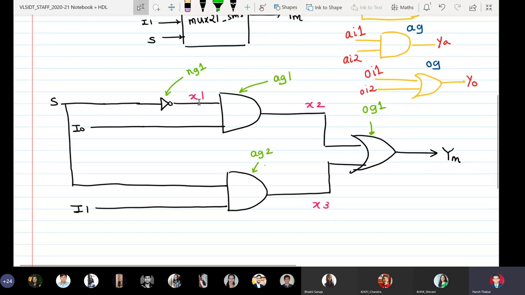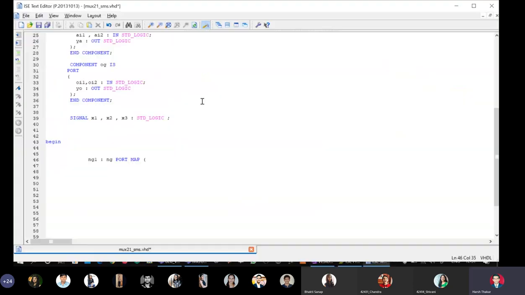So I have to write down input comma output. So the input to the instance NG1 is S and the output is X1. So I'll write down S comma X1 semicolon.